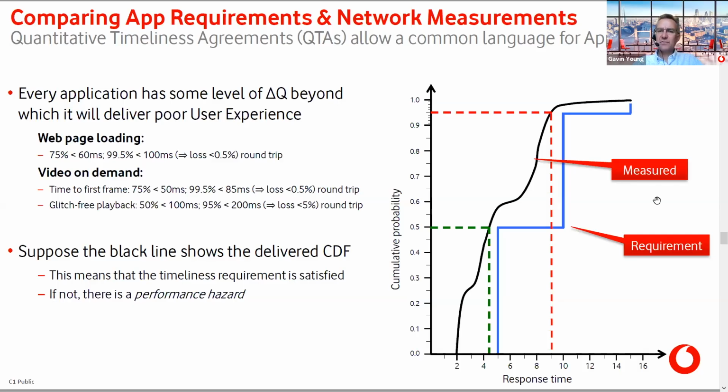So this is very useful, and if the black line happened to cross the blue line, then you've basically got an application outcome hazard. There's a risk it might not deliver the quality you want, and the degree of mismatch there, and this is what some folks are now working on, is if they cross, the area under that, if you like, is the degree of badness.